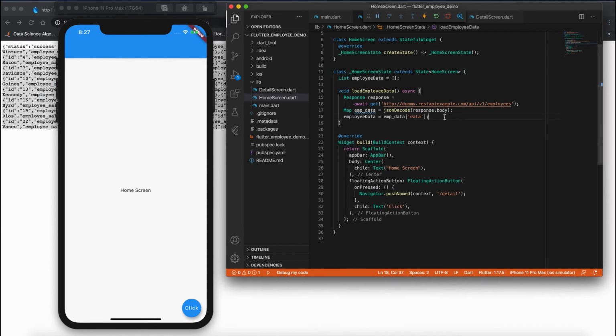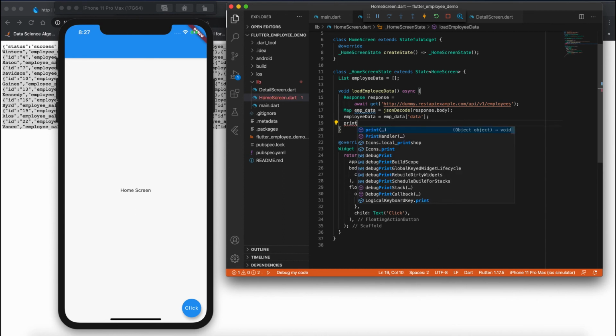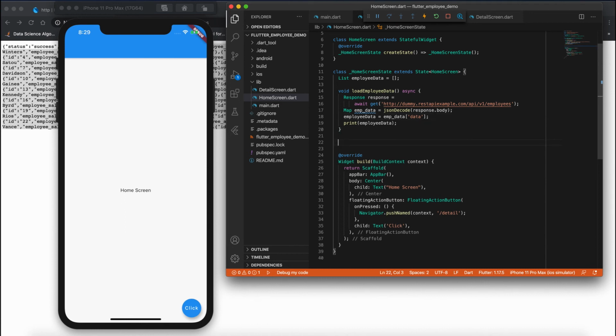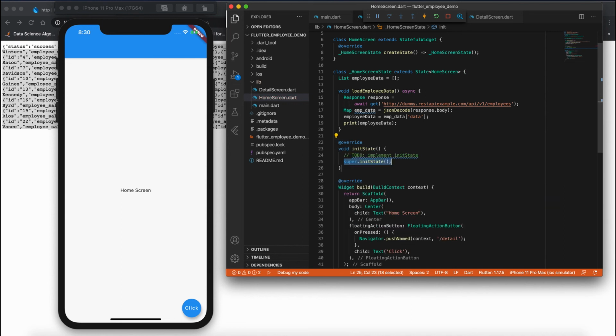So the next thing is, initially we'll just print this. We'll print and see whether the data got fetched properly or not. So let me print employee data. To print this, we'll create an initState function here. So what actually is initState? The initState is a method which is called once when the stateful widget is inserted in the widget tree. It means we can generally override this method if we need to do some sort of initialization work. Okay, we'll see how we can create this. So we have something called initState. So inside this initState, we can call the created function over here.